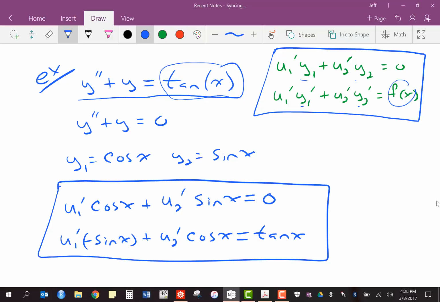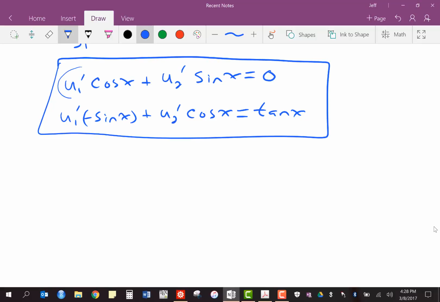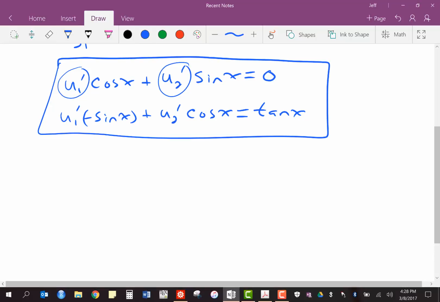So essentially what I have now is a system of equations. And it's not a very normal system of equations. Probably at this point you've never seen a system of equations like this. We're looking not for constants as solutions, but actually for functions as solutions. I need to find some function u1 prime and u2 prime that are going to make both of these things end up being true. Now, what I'm going to end up using to do this is called Cramer's rule,